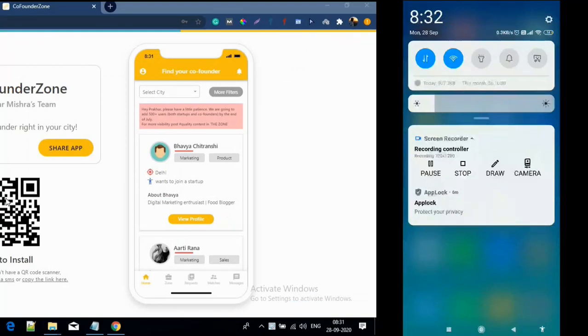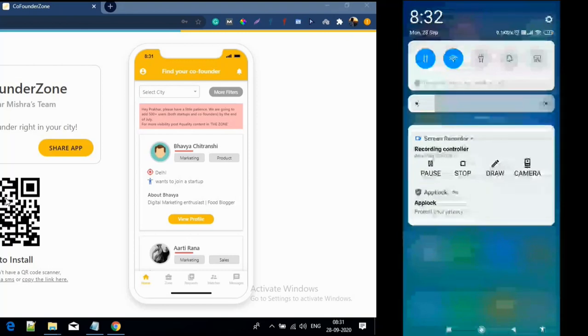On the left part of your screen you may be able to see the laptop version. This is the admin part, so we'll add a notification from the admin part. In this app, what I have done is only the admin can send push notifications to all the users. And on the right part of the screen you may be able to see the mobile screen video. Whenever the push notification arrives, you can see that. Both sides I am recording together.